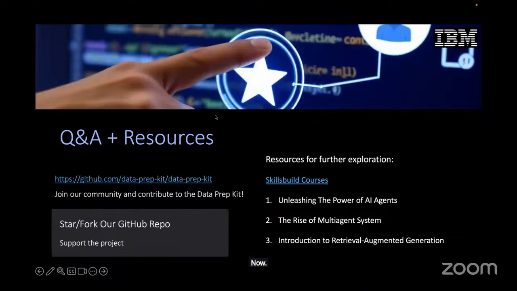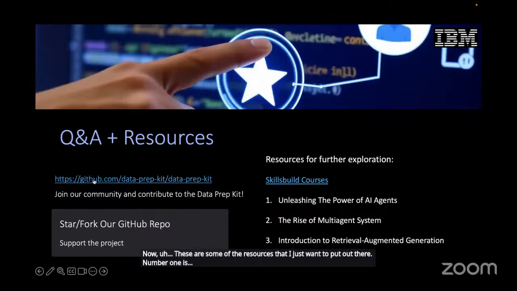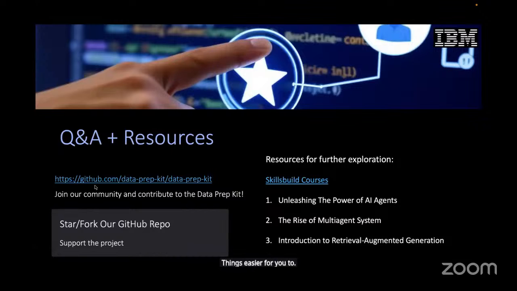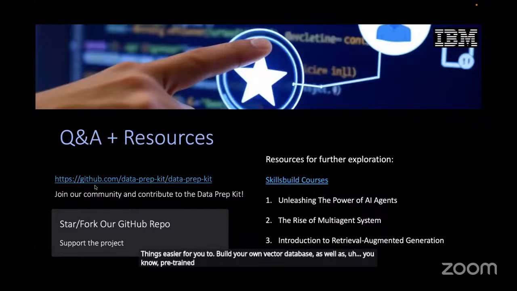Now, these are some of the resources that I just want to put out there. Number one, IBM has its own data prep kit that would make things easier for you to build your own vector database, as well as pre-train or update your LLMs based on the vector store that you have.